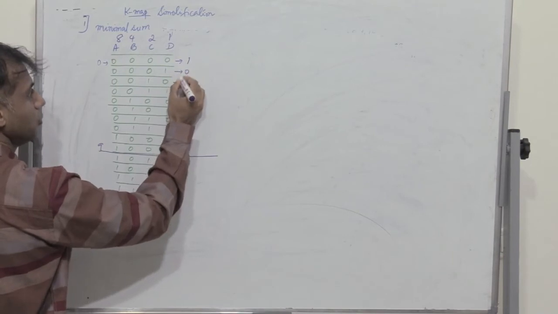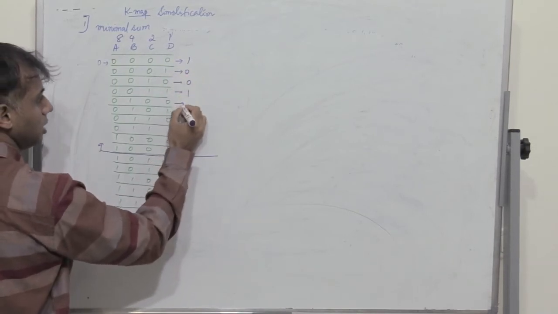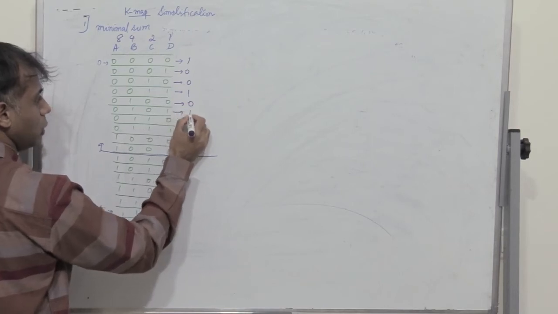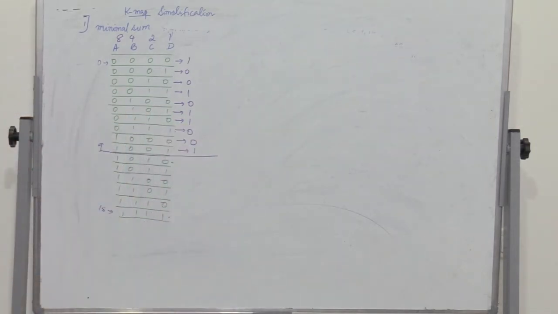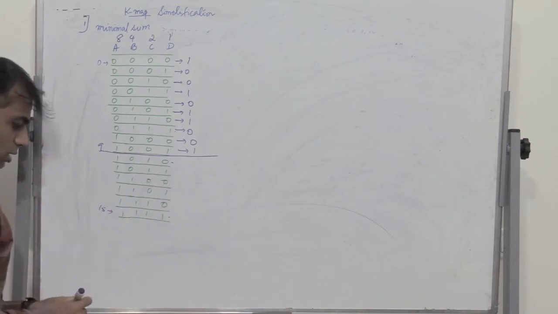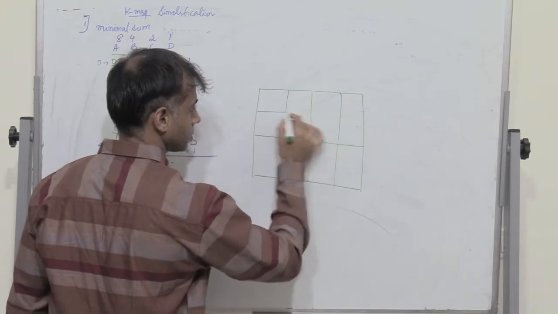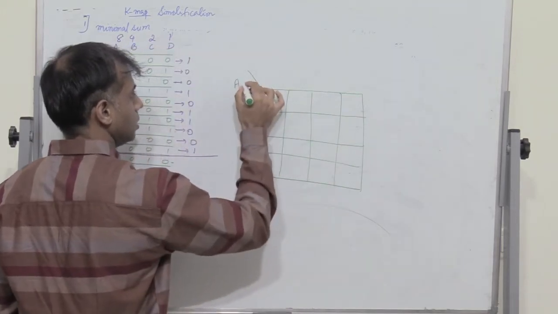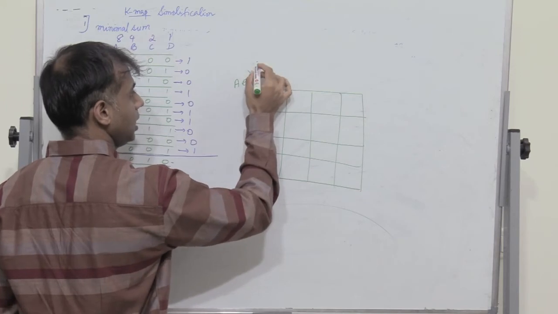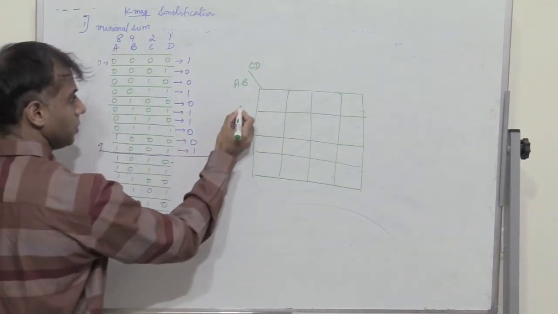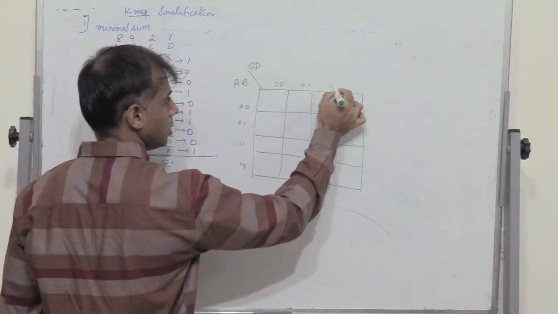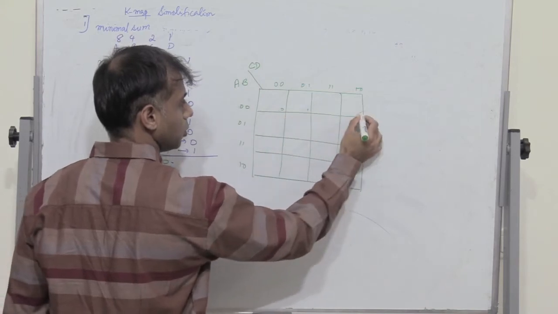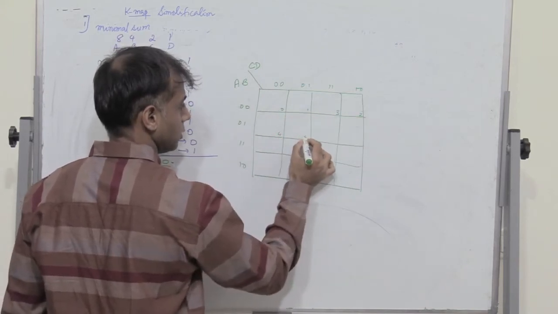So I have 1, it's 0 for odd number of zeros. I have a 1 here, I have odd number of zeros, it is a 0, 1, 1, 0, 0 and a 1 here. And these values do not exist. With A and B as the MSB, C and D as the LSB. Again I have 0, 0, 0, 1, 1, 1, 1, 0, 0, 0, 0, 1, 1, 1, 1, 0. And I write the weights here for my easy reference.